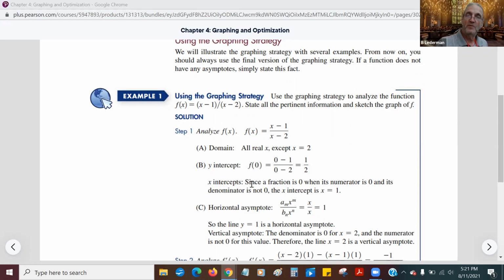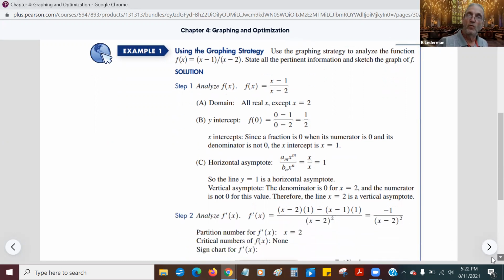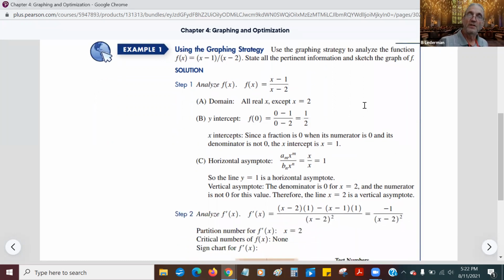Now for the x-intercepts, you want to set the fraction equal to 0, but the only way the fraction equals 0 is when the top equals 0. So the x-intercept is when x equals 1. So the point (1, 0) is an x-intercept, and (0, 1/2) is the y-intercept. And we have the domain, and now there is a horizontal asymptote here,